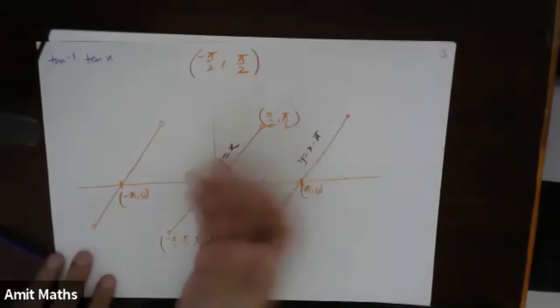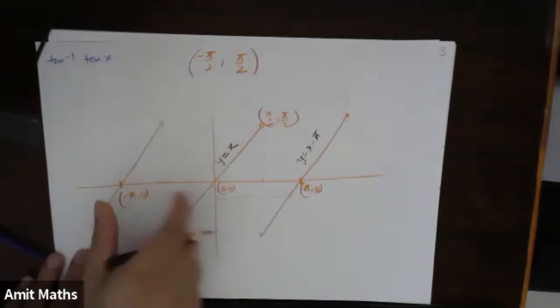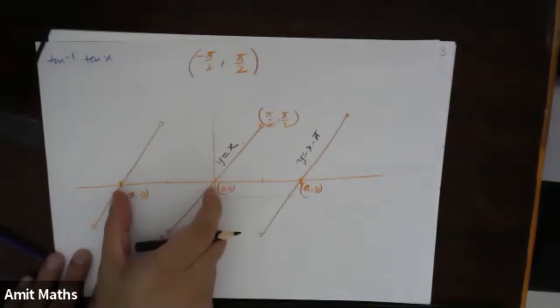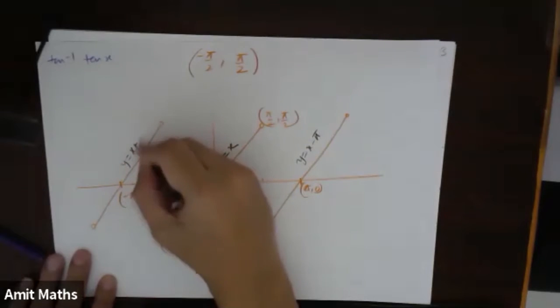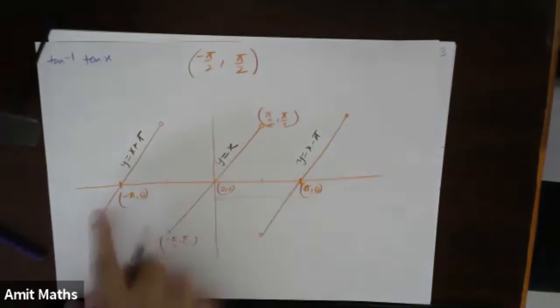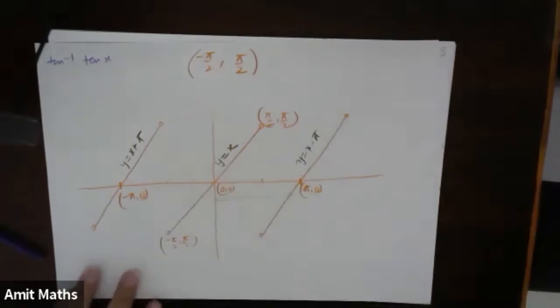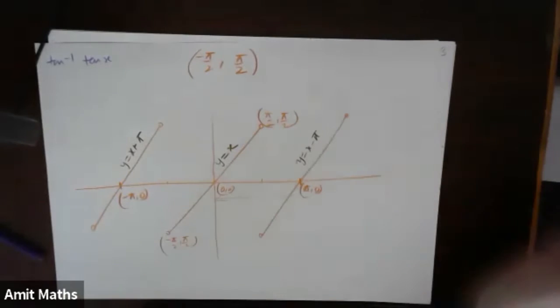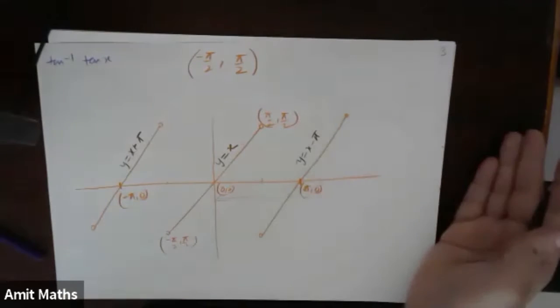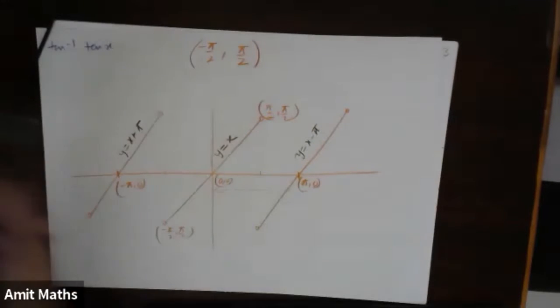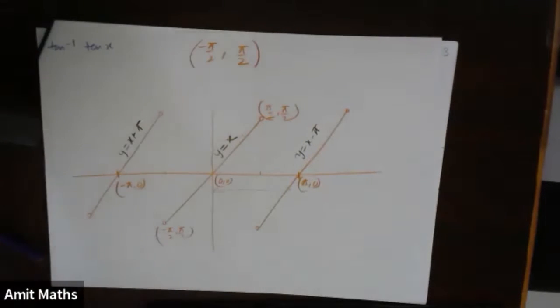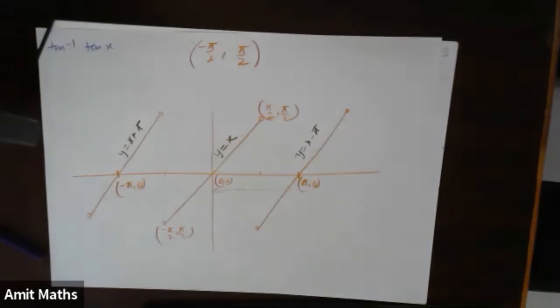Understood? And this line has been shifted in the left direction by how much distance? Again pi. So this line will become y is equal to x plus pi. Just check these two equations. You can write any equation on the right side and on the left side. The right side will be y is equal to x minus 2 pi, y is equal to x minus 3 pi, y is equal to x minus 4 pi. And the left side will be y is equal to x plus pi, plus 2 pi, plus 3 pi, plus 4 pi.